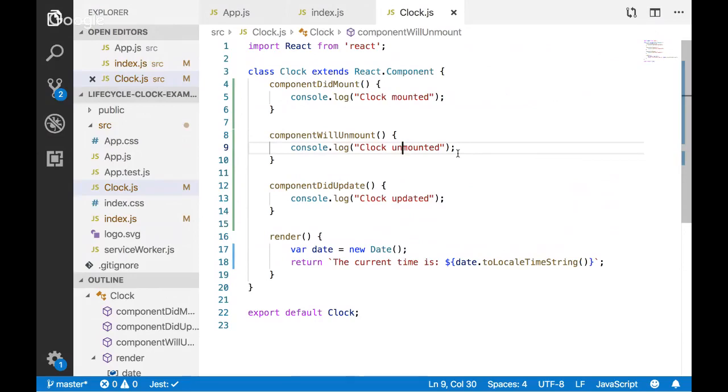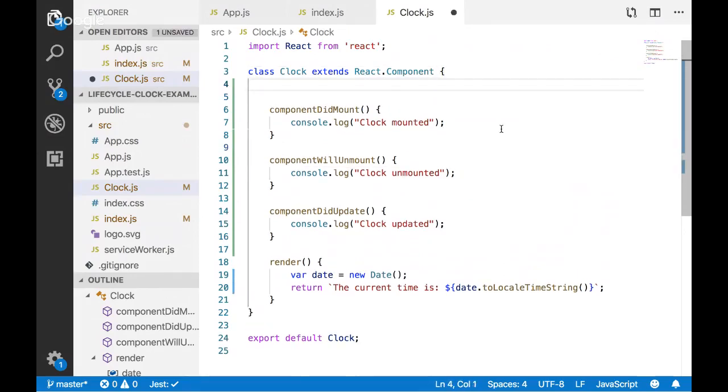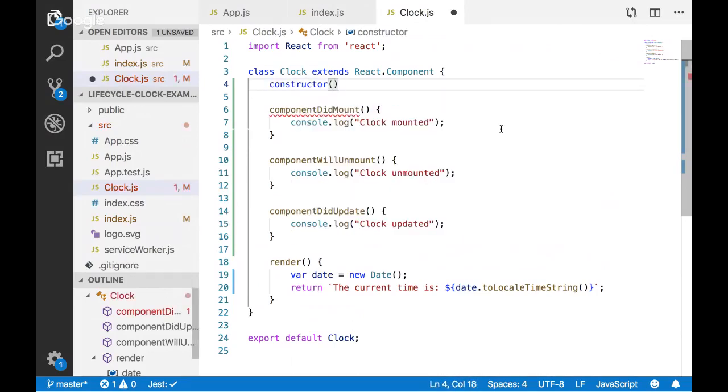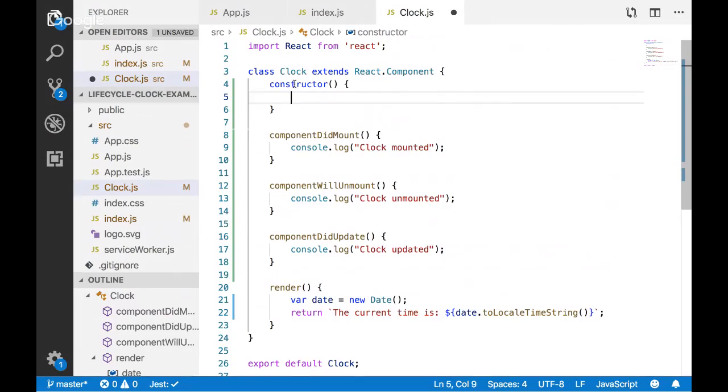So we're going to go ahead and do that. The first thing that we need to do here now is give it some internal state. And that means we need to override the constructor to set this state initially.